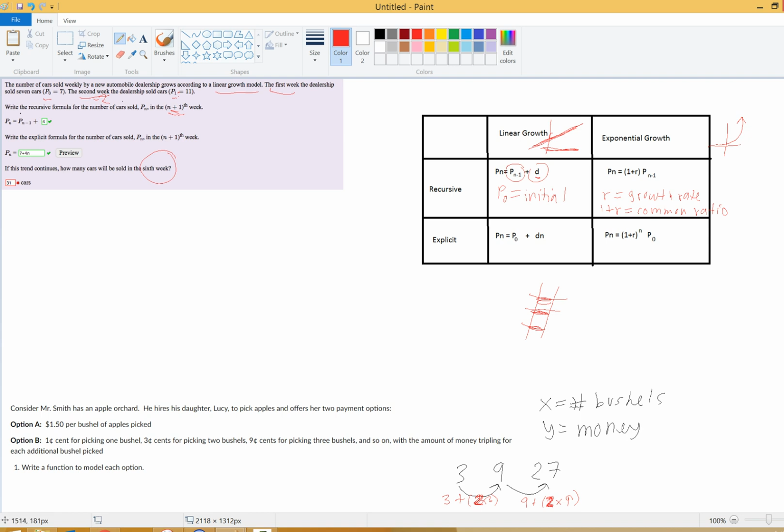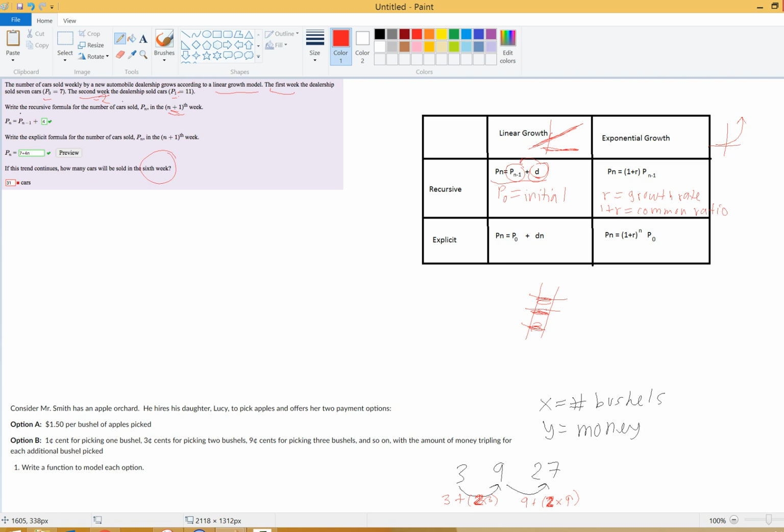And recursive is like that, where if we wanted to find out the 6th week, we would have to know the 5th week. But to know the 5th week, we would have to know the 4th week, because the way the formula shows us is we just add the common difference to whatever was the step on the ladder before. So it's a nice, clean formula, but it doesn't really help us when we're predicting a long time in the future, because we don't want to have to work every single rung of the ladder just to get to the next one. So explicit is nice because it just gives us an explicit formula where we can work out really far down the line,